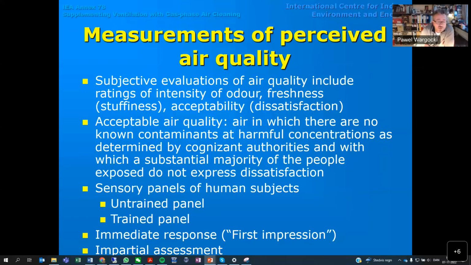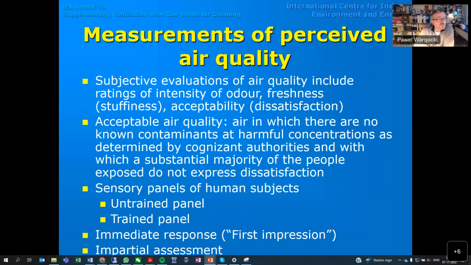You can use different sensory panels. You can use a panel that is untrained, which we call an untrained panel, and then panels that are specially trained to perform sensory evaluations. Because of the time, I will not have time to talk about the trained panel. Trained panels are not often used, but they are recommended in some of the standards that I mentioned, and they are also used in labeling schemes. But in our case, I will be showing the method using an untrained panel. The most important thing is that all those assessments are based on immediate response or the first impression. I will show why in a moment, and it should be impartial, so people should not know what